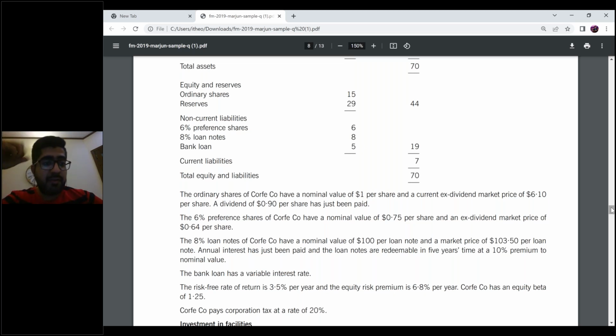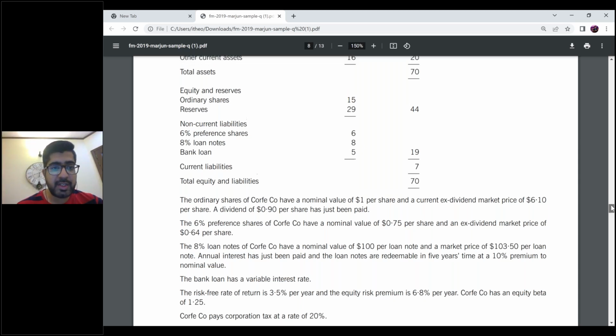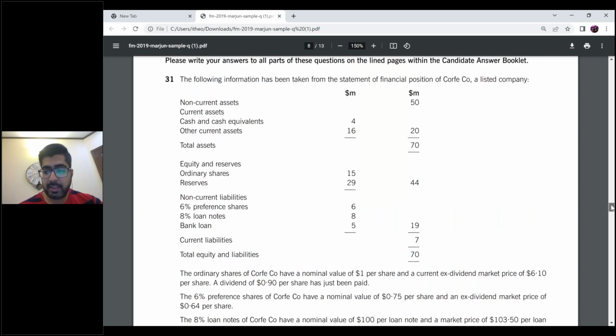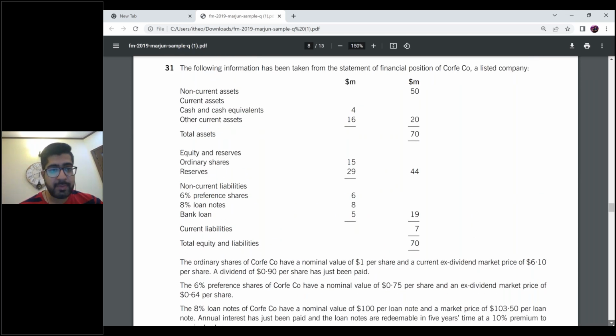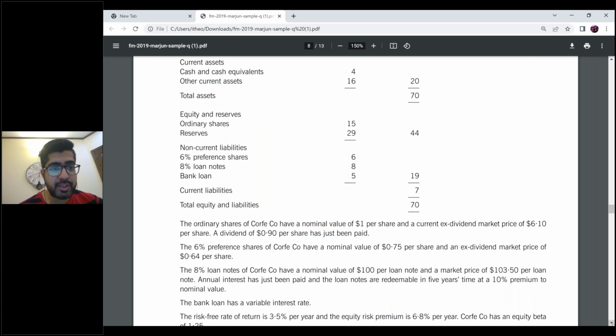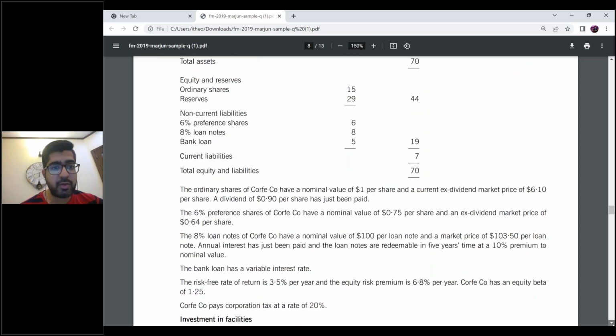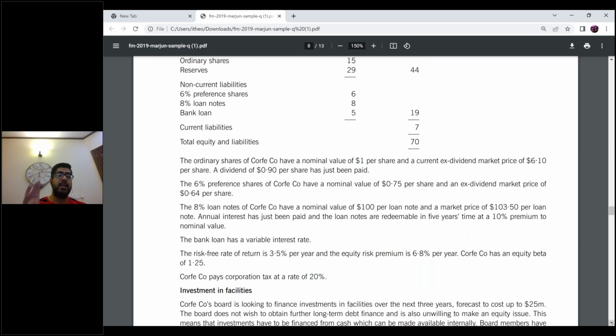You have the information when you look at the balance sheet. The balance sheet has some non-current assets, current assets, total assets, equity, ordinary shares, reserves, preference shares, bank loan, everything. It provided you information that ordinary shares have a par value of $1 per share. Now, if you look at the balance sheet,